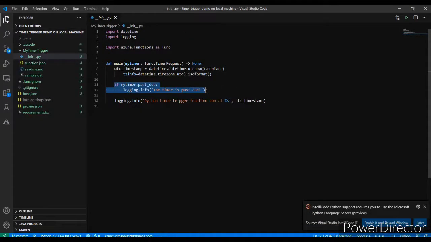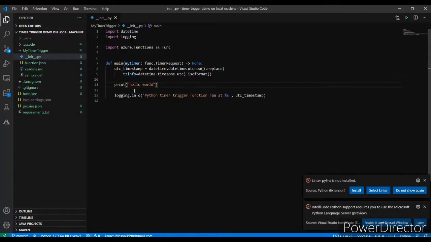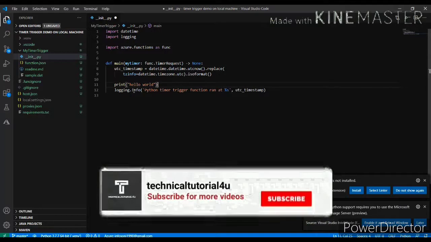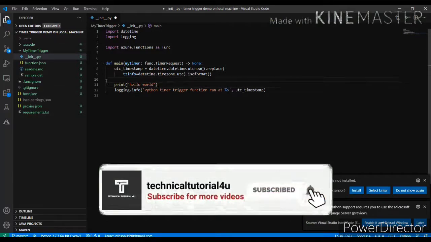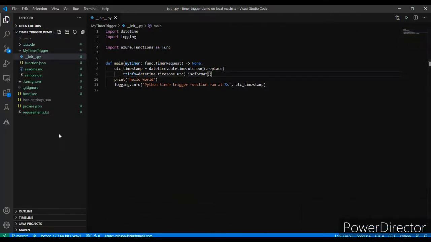I just write down hello world. Okay, so everything is ready. Now click on run and start debug.